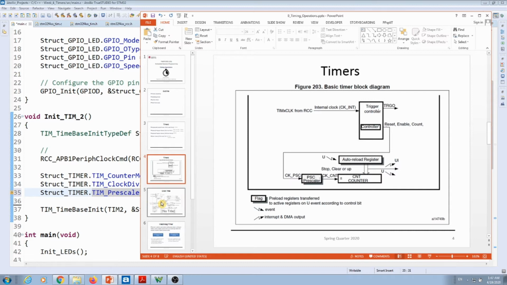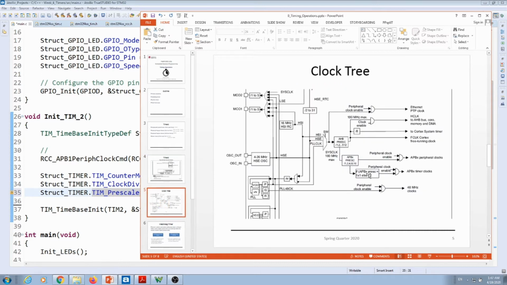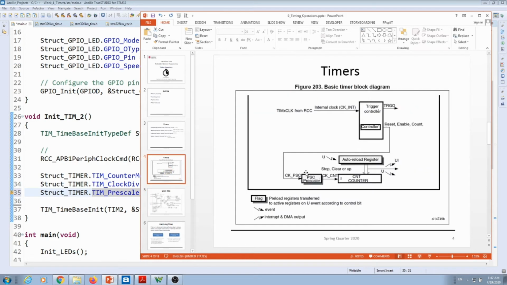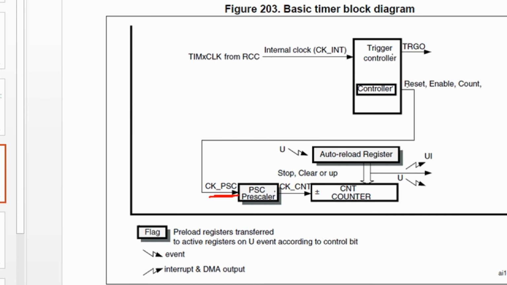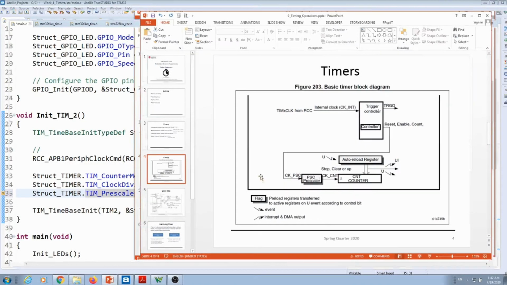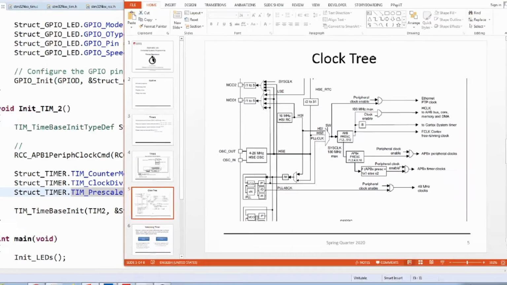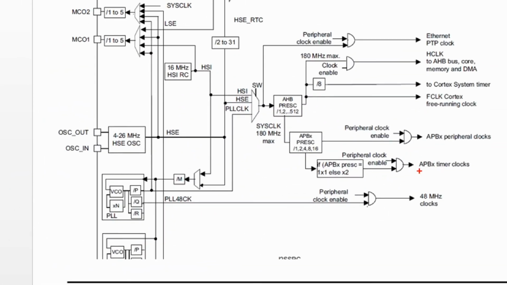Where do we get the information about this part over here? So this clock, PSC, this one, is coming from this clock 3, which feeds over here. So we need to understand what's going on until we get over there,